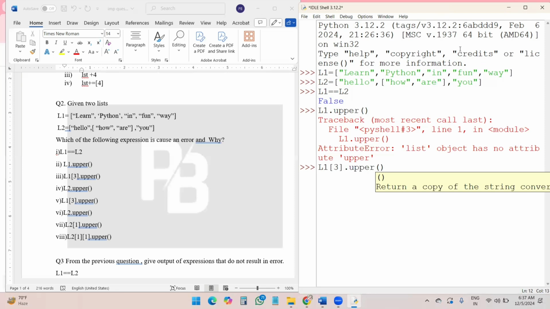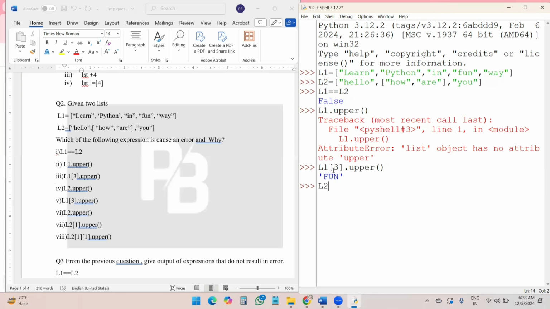This is the third element of my list and this is one string. If I just press enter, this works because here I apply my upper function on one string, not a list. So this is the difference between these two statements.